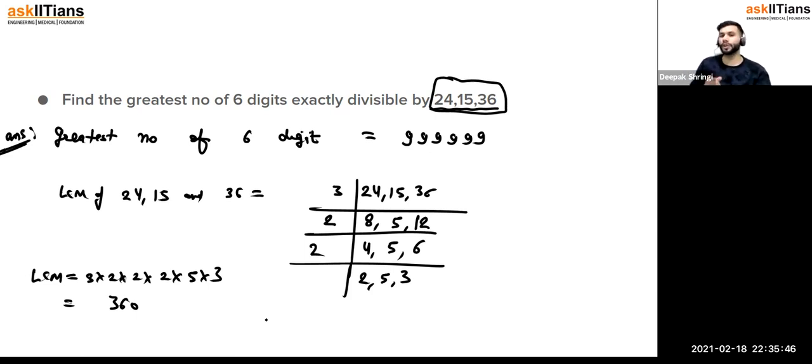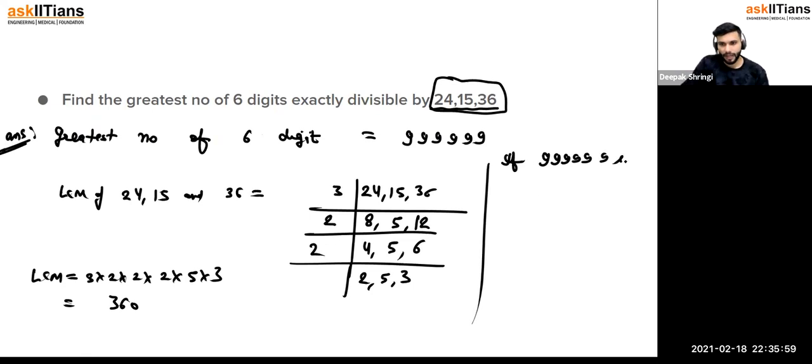Same way we are going to do over here. So what we are going to do is that we are going to divide this number by 360, right? If 6 times 9 is divided by 360, then what is the remainder? What is the remainder, guys? So कितना आएगा remainder बताओ, यहाँ पे solve करते हैं. देखो 360 divided by